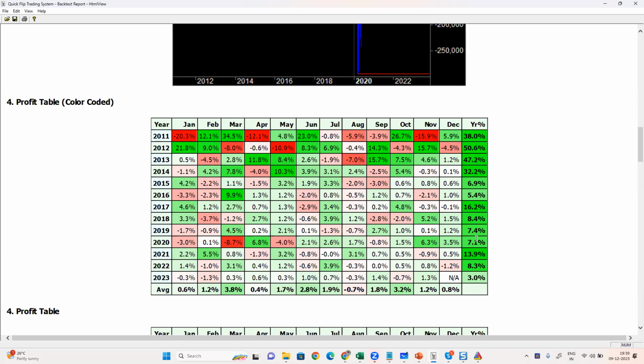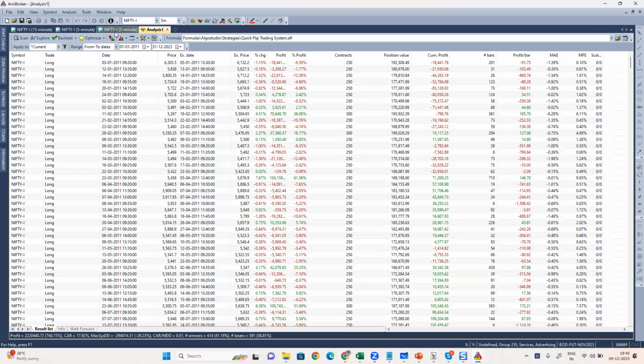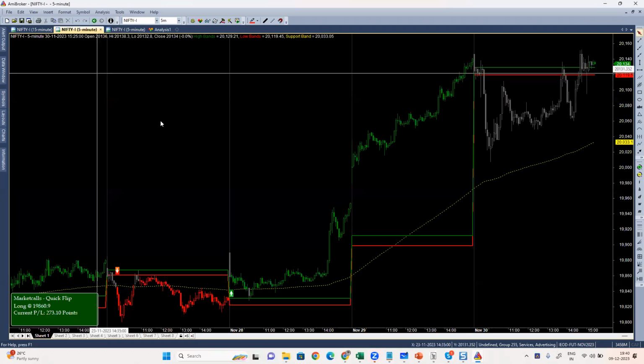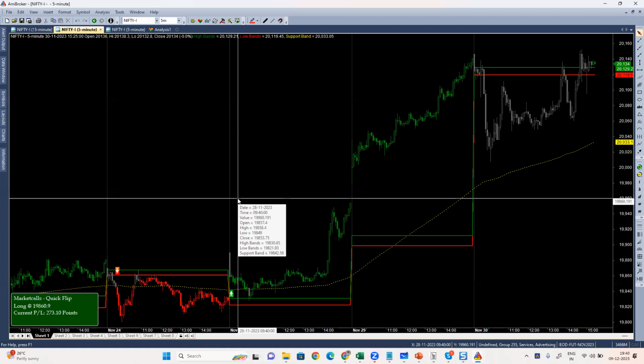One thing is, it is more of a trend following indicator. Maybe I'll show you the indicator here, how the indicator looks. Then we'll talk about that. So since it is a trend following indicator, right? A trend following indicator will not give you consistent month-on-month returns, but if you're looking from a quarterly perspective or a half-yearly perspective, it might generate a decent return, but it never generates month-on-month